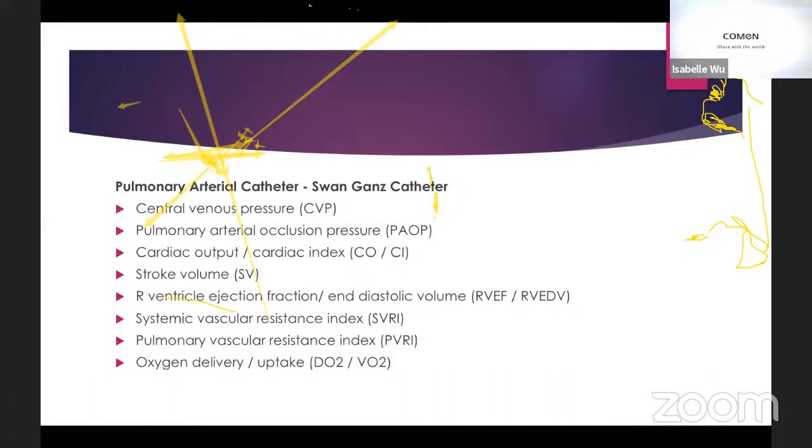But obviously, you get a lot of information from it. The CVP, the pulmonary arterial occlusion pressure, the cardiac output, stroke volume. It tells you a lot. You can even use the values to calculate your oxygen delivery and your VO2, which is very important. But the truth is, not all your patients in the ICU will need this. And even the patients who will need this, there are other less invasive ways of figuring out what's going on with the patient. And also with your pulmonary arterial catheter, it's not actually going to give you a continuous reading because you have to keep recalibrating and things. So it's a lot more hassle than